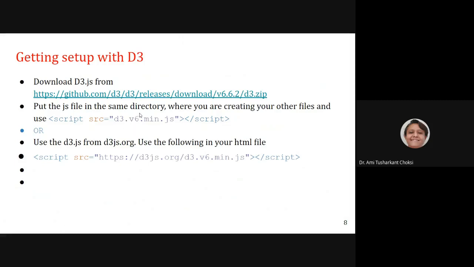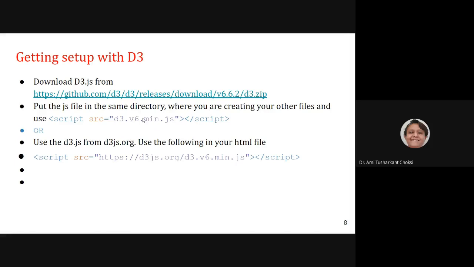When you will see the examples on d3js.org, you will find that it is having the version d3.v6. When you will see the examples from, say, Tutorials Point, over there you will find that the version v4 is used, right? So whatever version you are using, if you have downloaded from GitHub, then you have to write it as d3.v6. Otherwise, if you are writing it as d3.v4, in this case, it will not give you the output, right?